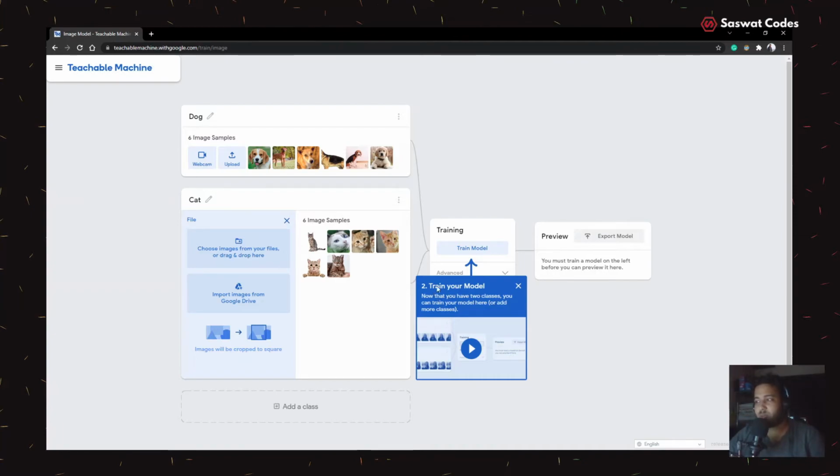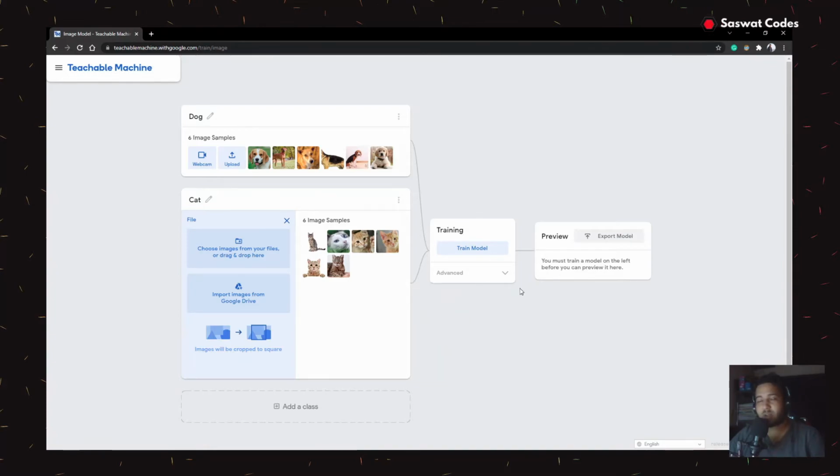Now boom, here we got the prompt to train my model, and you must be wondering how much time it will take. So you have to just wait and watch. In advanced settings, if you have a little more knowledge about epochs, batch size and all, we can do that, but for now keep it default.